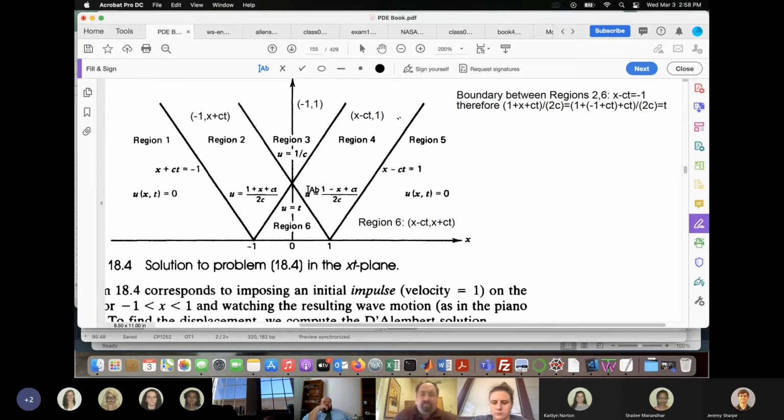But the initial data is discontinuous because it's equal to 0 everywhere, except it jumps up to 1 here and here. So although it's continuous at this boundary, and we would find the same at this boundary, that does not necessarily mean it's continuous everywhere. Let's see. x plus ct is equal to minus 1. Over here, where x plus ct is equal to minus 1, yeah, here the solution is going to 0. All I'm saying is,